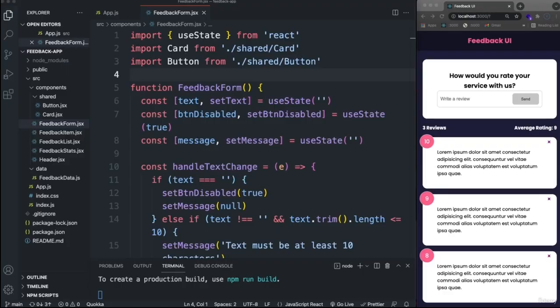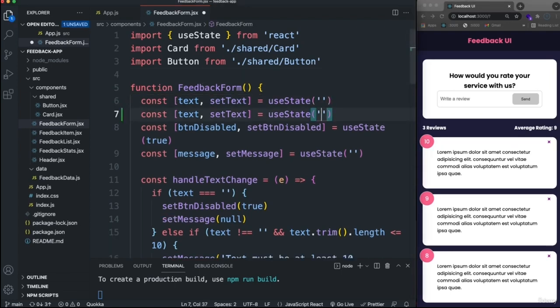Okay, so now what we want to do is add our rating select component. Because right now we just have the text value, text field here. We want to have the select of the numbers 1 through 10 for the rating. So first thing I'm going to do is in our feedback form, let's add a new piece of state for the rating. So I'm going to copy this down, and I'm going to have it be 10 by default,